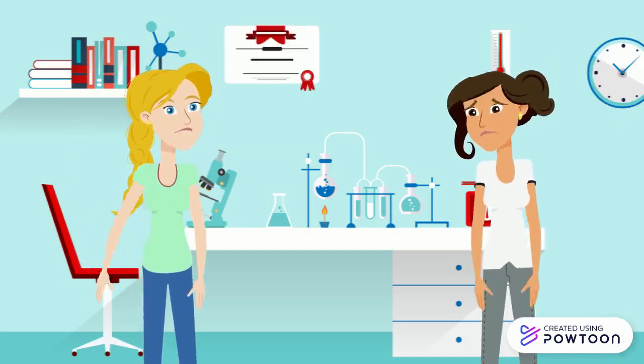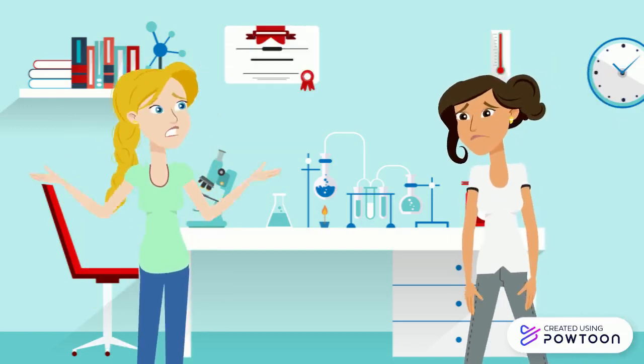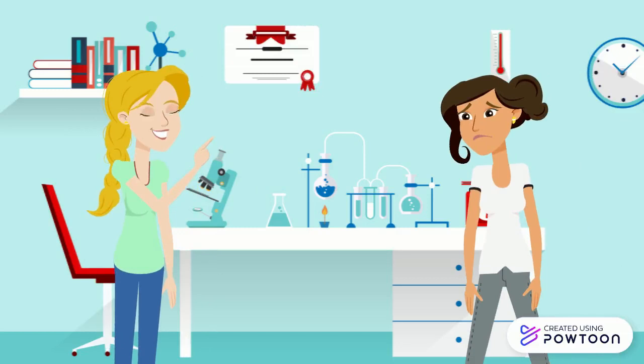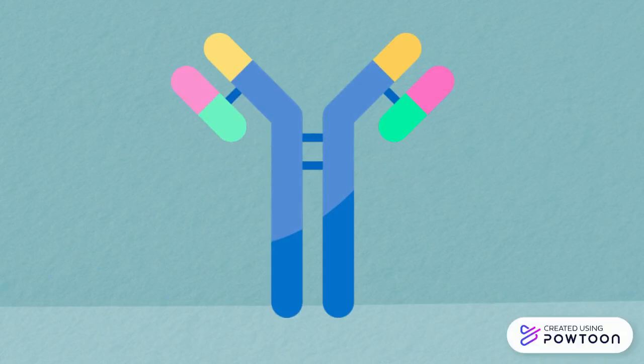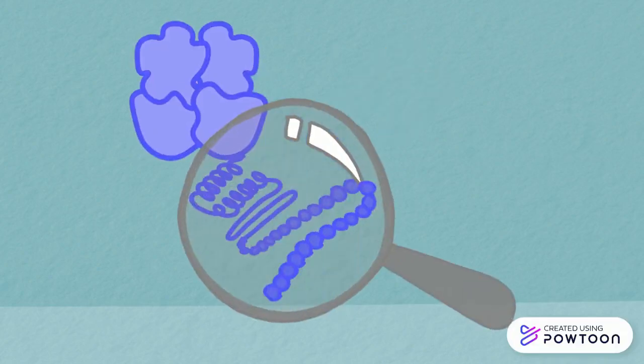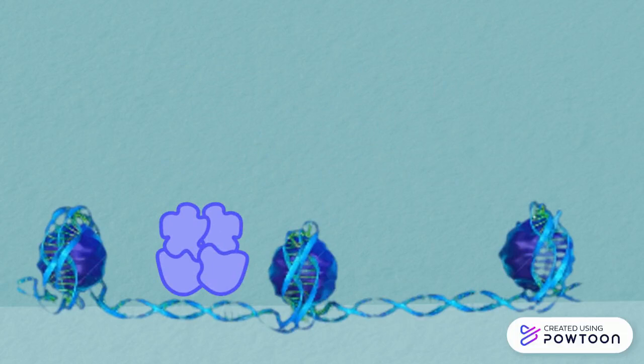We need to find the location and interactions of this protein with its gene sequence. I've got just the technique. Chromatin immunoprecipitation. Chromatin immunoprecipitation uses antibodies to examine how a specific protein interacts with DNA and the location it binds